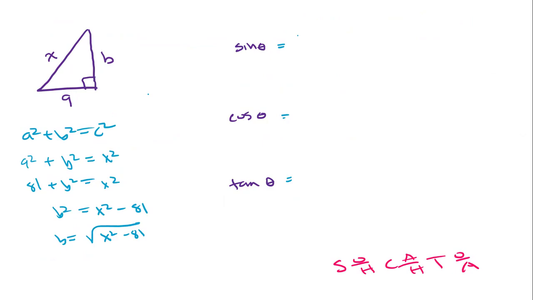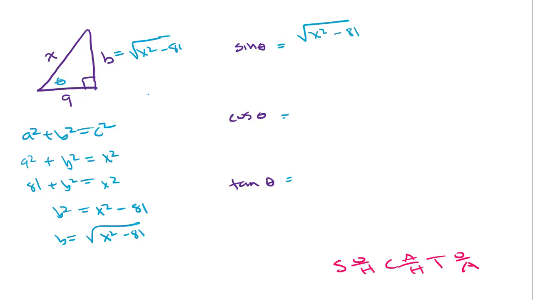Okay, so this problem here, I already figured out what b is, right? So b is going to equal the square root of x squared minus 81. So I just used, again, the Pythagorean theorem to figure that out. All right, so then sine of theta, again, I'm going to use the acronym SOHCAHTOA. So sine of theta is going to be opposite. There's our theta here. It's going to be opposite over hypotenuse. So that's going to be the square root of x squared minus 81